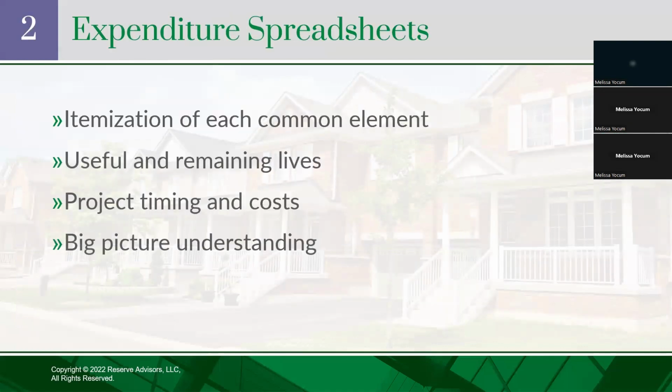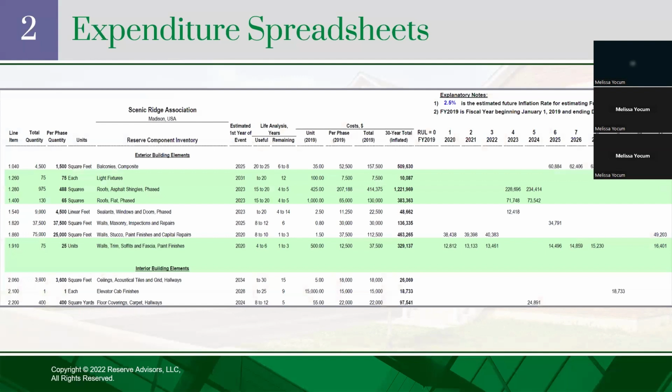Next up, the expenditure spreadsheets. Now, the detail that's included is fairly typical, but the way it's presented is often very different. So I can show you ours. This is a sample expenditure plan. This is the way we categorize ours, or what our layout looks like. But any reserve study will have the inventory, right? What are the common area components that qualify as a reserve expense? Every reserve expense will be quantified. So what's the square footage of the balconies or the square yardage of the pavement?